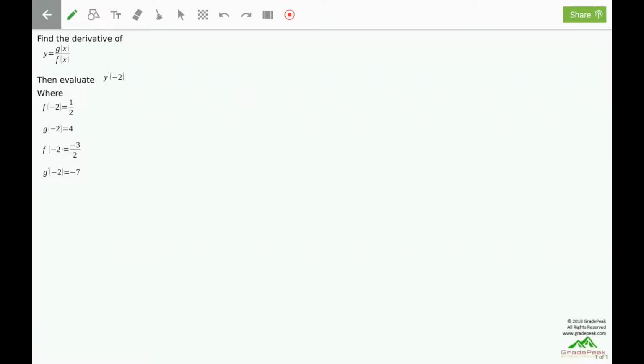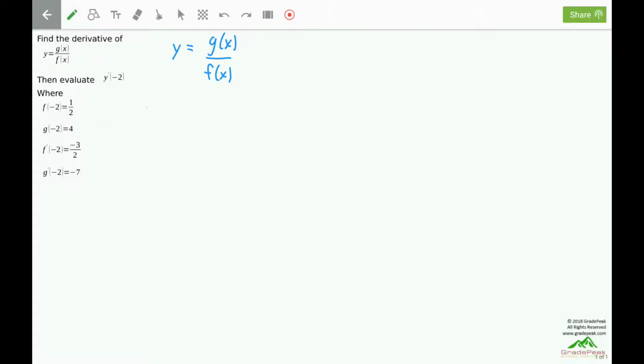Find the derivative of y equals g of x over f of x, then evaluate y prime of -2, where we have that information there. Y here is the quotient of two functions, g of x divided by f of x. Both of the functions are unknown, but since we have a quotient of them, we can use the quotient rule